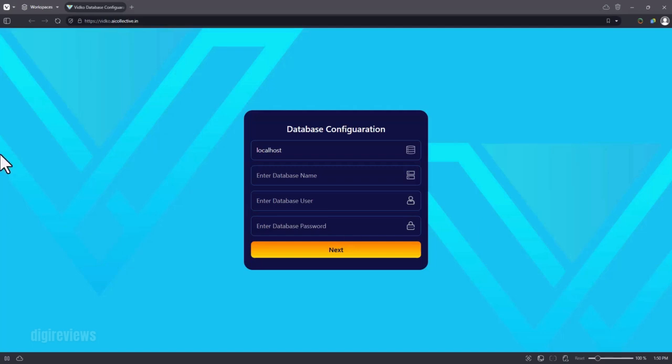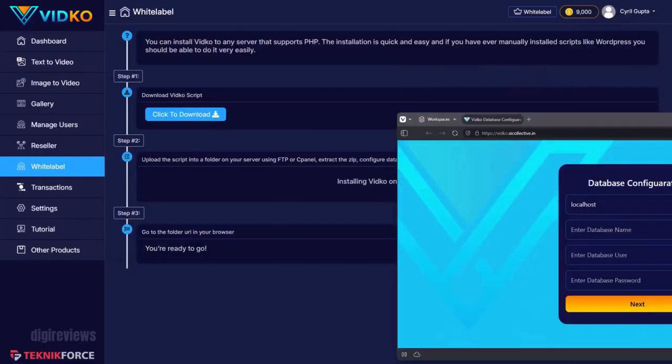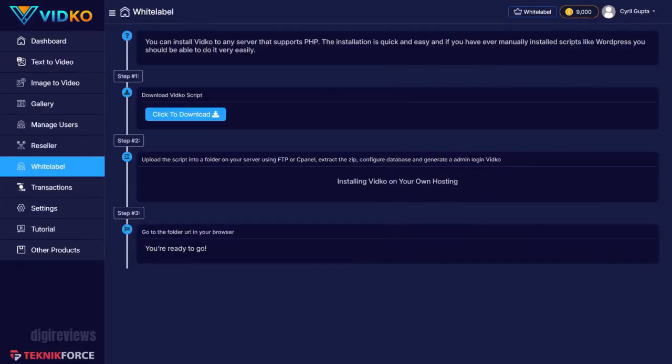Setting it up, setting the white label up is super easy. You just set it up like WordPress, put in the database name, database user, and you can set it up right away. So select the right access for you. You can sell Vidko at any level you want, either sell it to users, sell reseller versions and let other people create agency accounts and resell it, or rebrand Vidko and sell it as your own product, or even use it to create your own AI videos. You can do anything that you